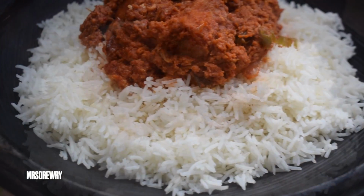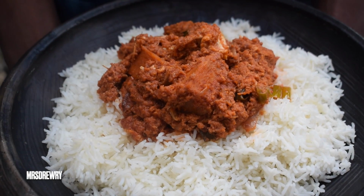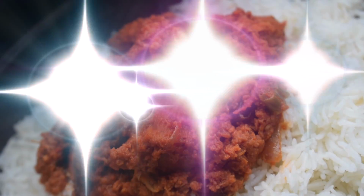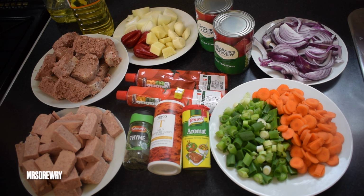In today's recipe I am going to show you how to prepare an amazing corned beef stew, a loaded corned beef stew. So let's get started. For this recipe I have got here 2 chopped pork and ham, 2 corned beef, I